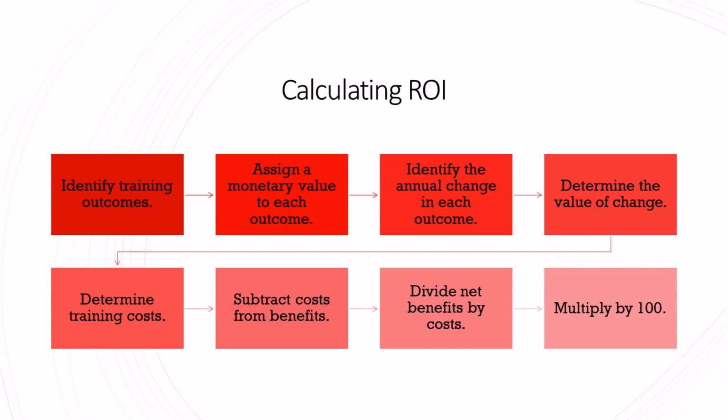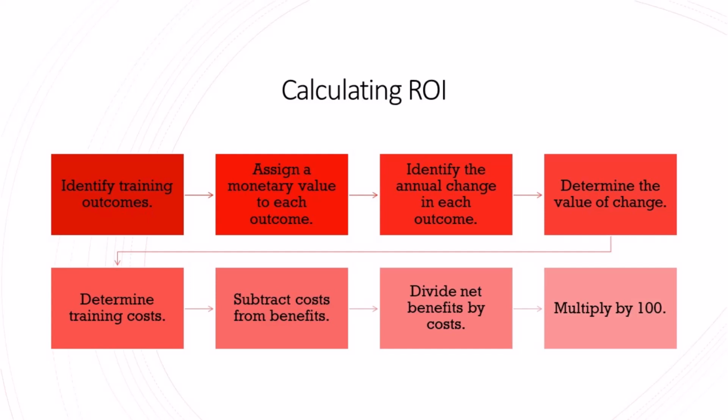Then we determine the change in each outcome from year to year and multiply it by the assigned monetary value to find the value of the change itself. How many fewer accidents were reported this year compared to last year, and how much did this reduction save the organization? Next, we determine the costs of training, including the costs of program design, facilities, travel, lodging, and even lost